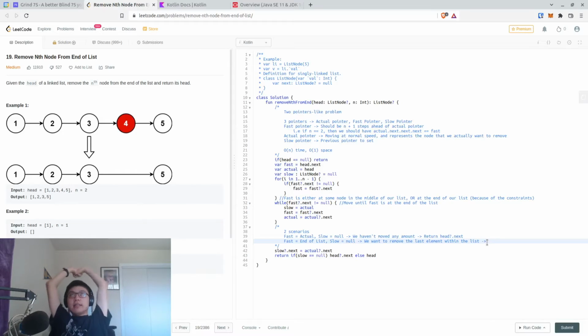If our fast is at the end of the list but our slow is still null, then that means that we have a 2-item list with the removal of